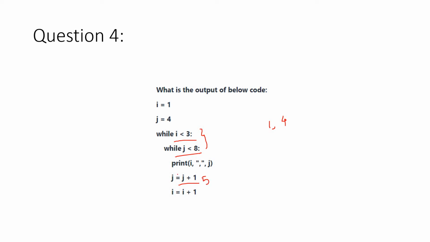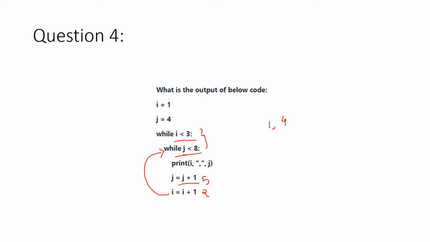that is 5. i will also be updated simultaneously because this i is inside the inner while loop, not in the outer loop, okay. So i will also be incremented by 1, so i will be 2. So now again the condition 2 less than 3, yes, satisfied. And here itself it will not check this condition because it has not gone out of the loop, so the next time it will come here itself.